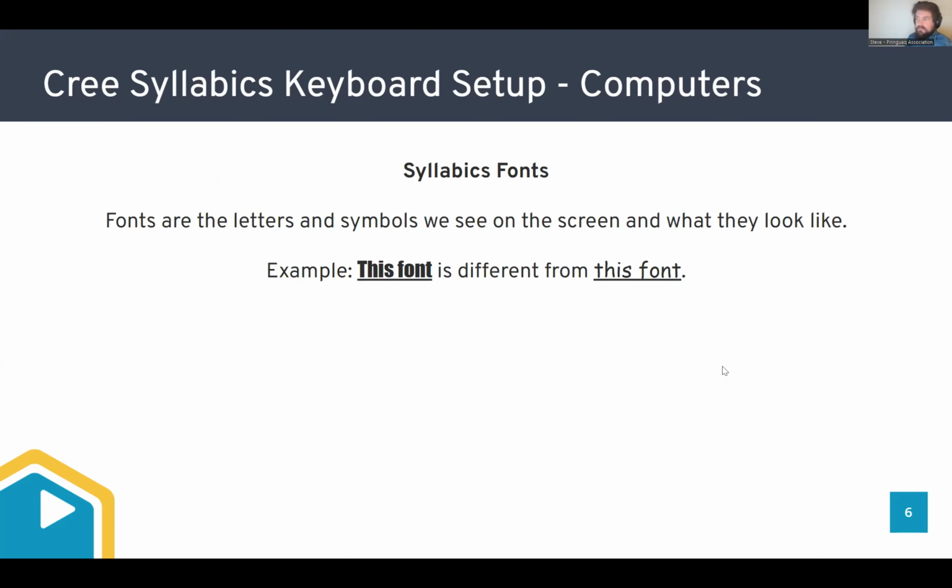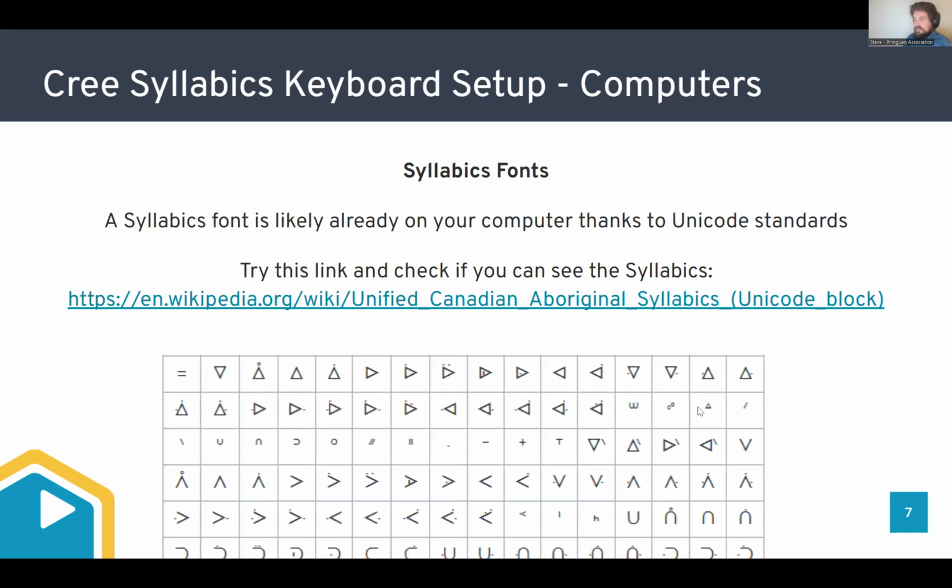Fonts are just what the letters and symbols look like on your screen. You know them when you draft your email or write a document in Word and change from Times New Roman to Arial and all those other options, those are fonts. On Wednesday, we're going to talk more about fonts specifically created for syllabics. But the nice thing is, thanks to a system called Unicode,